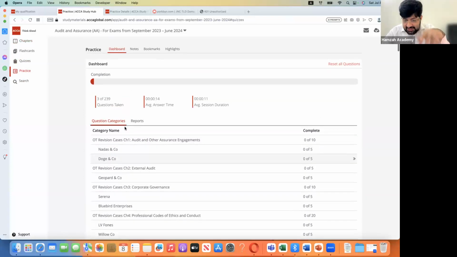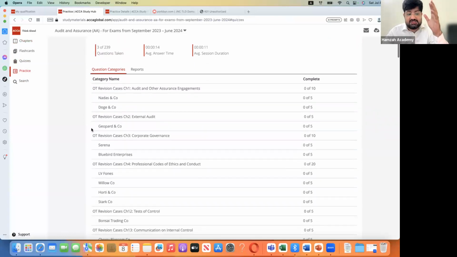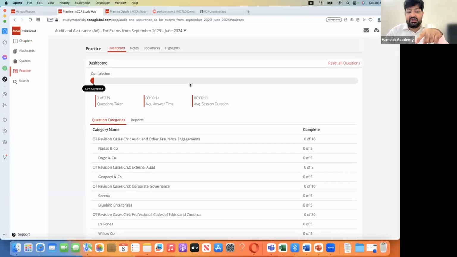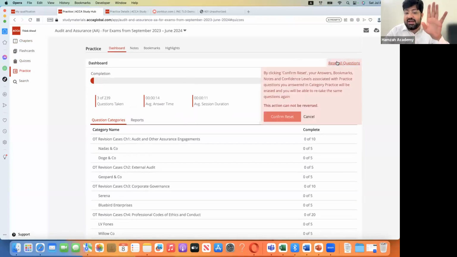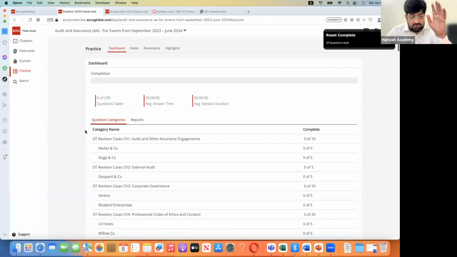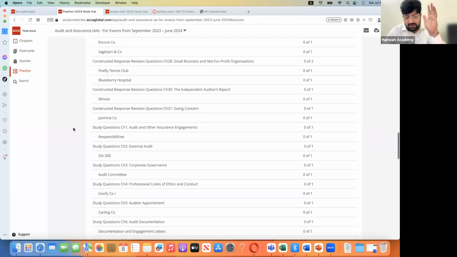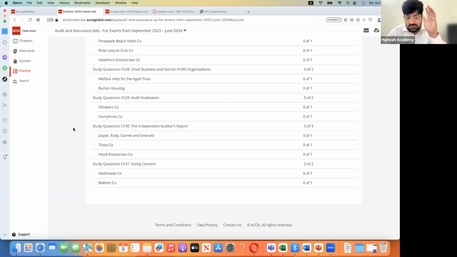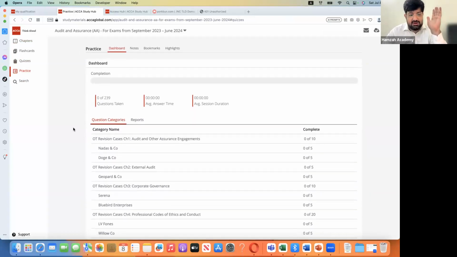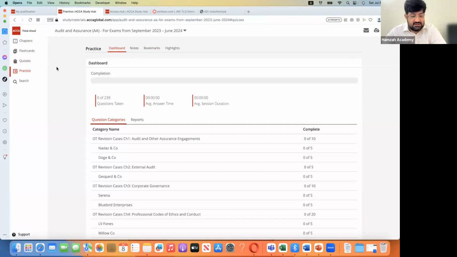If you want to buy any exam kit, choice is yours. By the way, after ACCA has given this material, you need not buy any study material. You know how many questions there are? 239 questions. Such a huge question bank, right? Of every type. It is such a wonderful resource. ACCA has done this favor to the students, I must say.